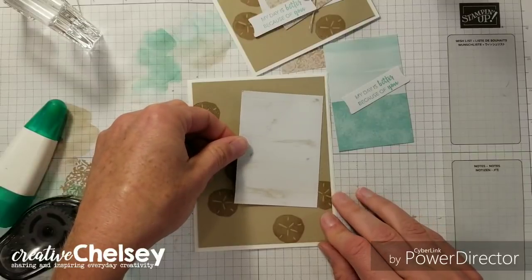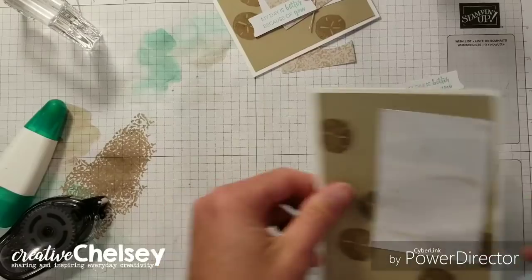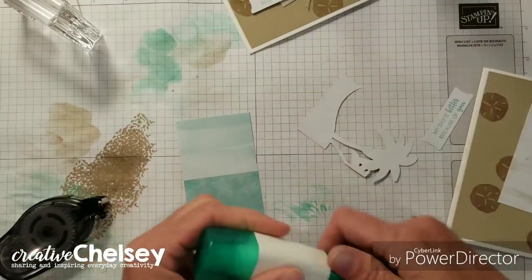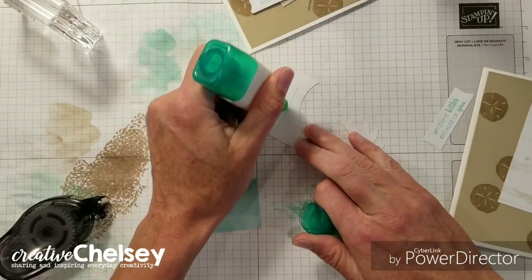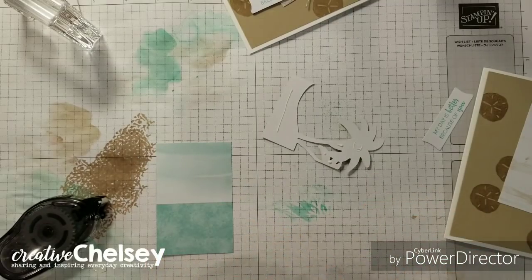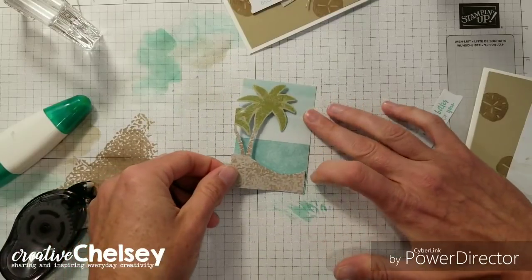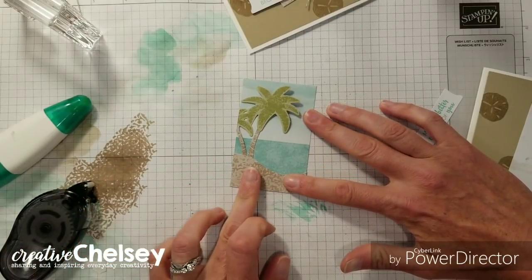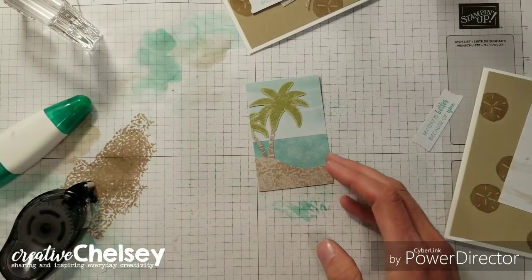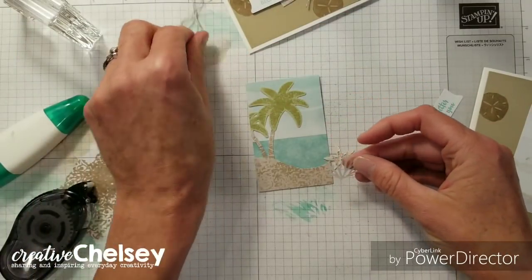So this birch paper is tilted to the right. And then let's put the elements on this one. And I am going to use the Tombow glue because, like I said, it just is faster than doing glue dots. But glue dots would be fine, or Snail in some of the larger areas. Accent pieces. We've got a starfish, a piece of coral,